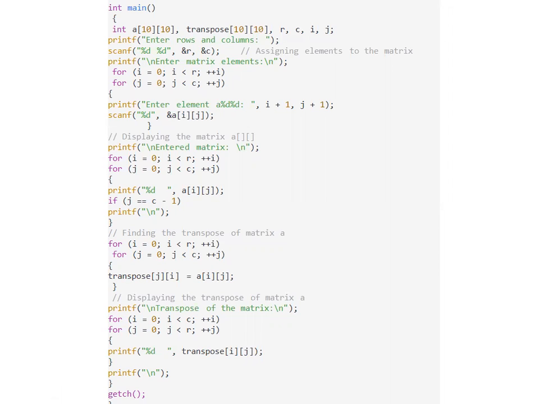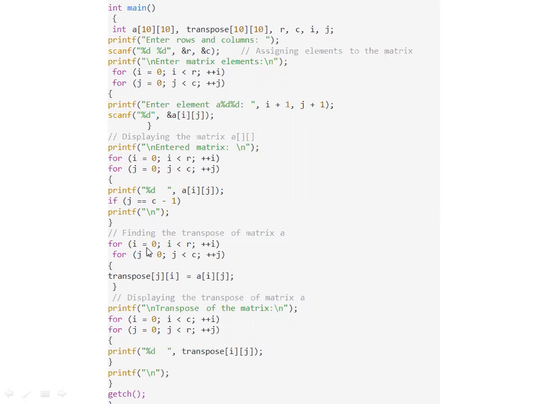Then after the second row there will be a new line character. This if statement is another way to control the number of times the slash n new line character is added. So this is optional. You can omit this if statement. This is not required all the time, but it makes your program more systematic.